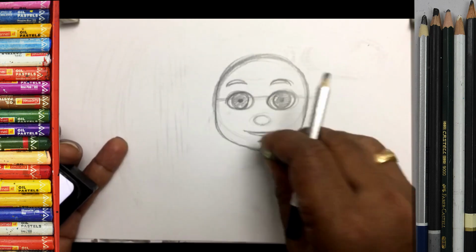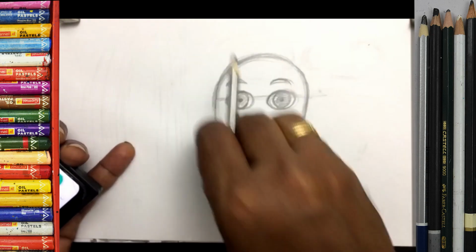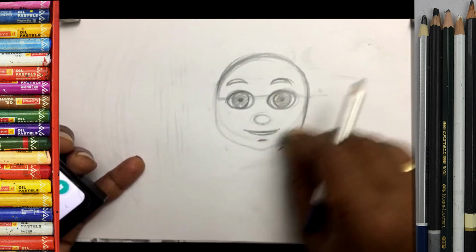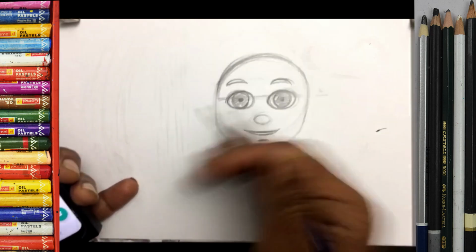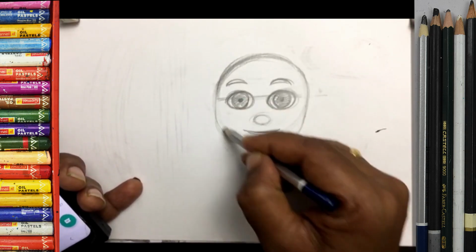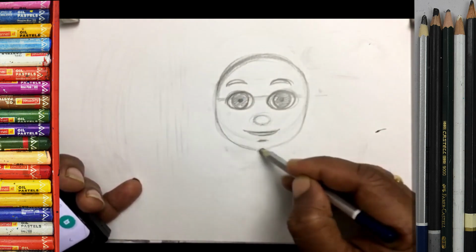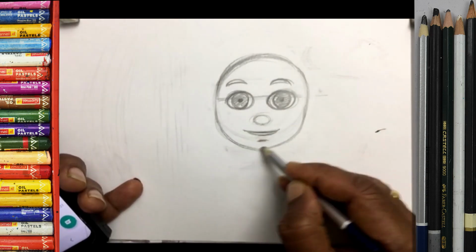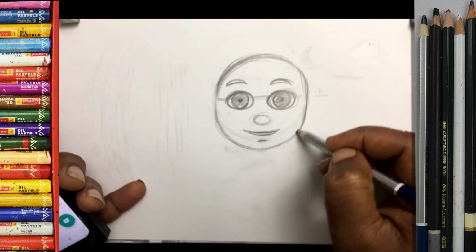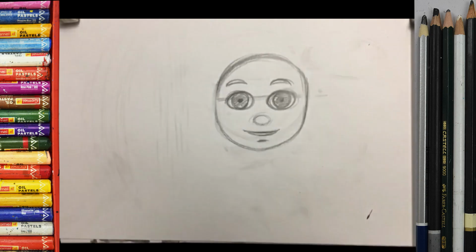Okay, one side is smaller and one side is bigger, it's not right. Make both sides the same. First make this one, okay, and now